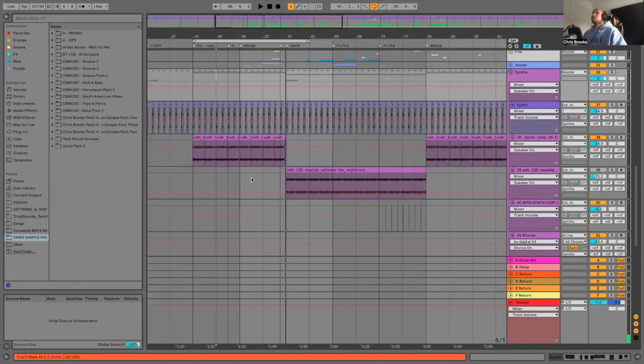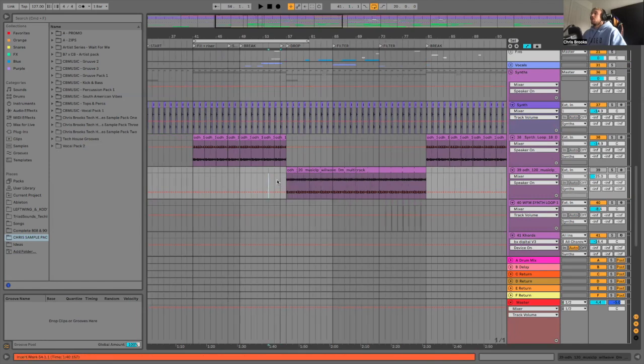And then to add the continuation of this into the main part of the track so that it doesn't feel out of place, I've then got it at a lower volume, 10 dB lower, actually playing in the track as well. So when it drops, it's still